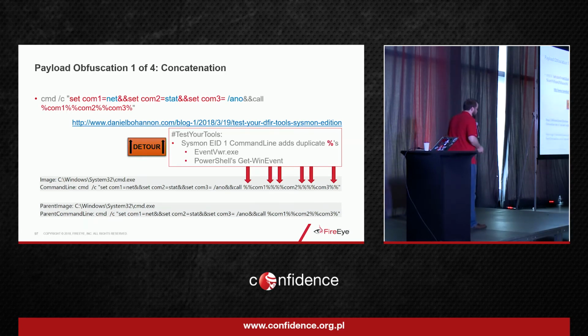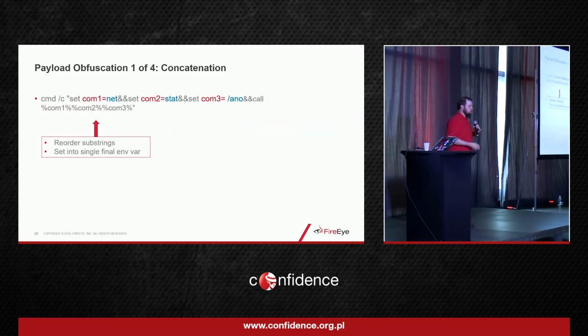And so I first came across this about almost two years ago, and reached out to Microsoft twice about this. And so hopefully they'll be getting it fixed at some point. But basically, if you're using Event Viewer or PowerShell's Get-WinEvent, this mis-escaping of percents can actually result in some pretty erroneous data, as well as hiding certain events. But regardless, the raw data actually has two percents wherever there's one. So if you're using it as a data source, you're going to have to make sure all of your logic is looking for one or twice as many percent characters. And that's just a blog post I wrote on this bug and some of its implications. So know your sources, test your